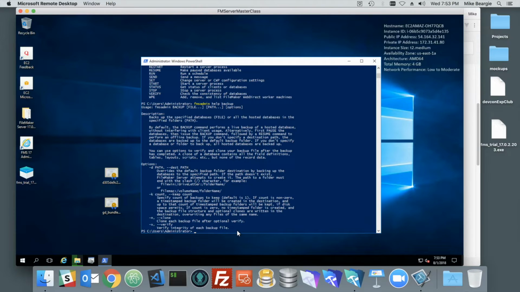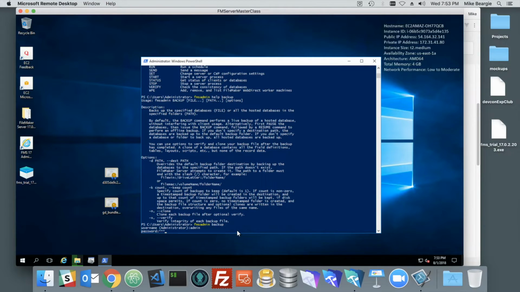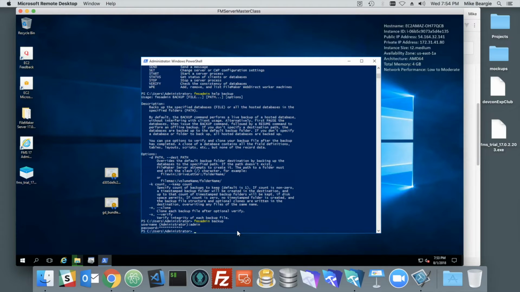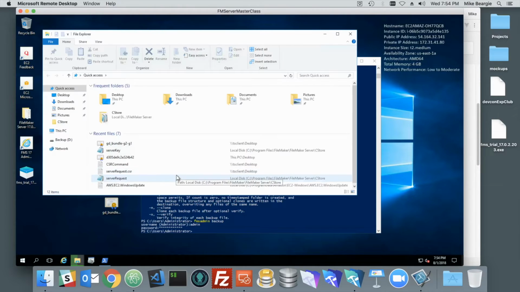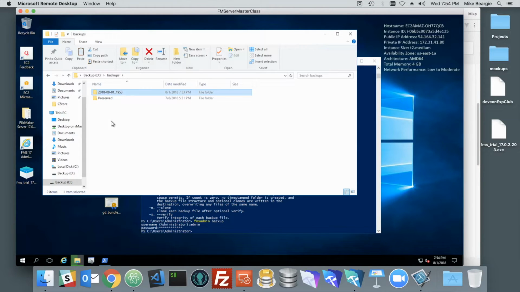So we can do just fmsadmin backup, username and password, and that should have generated a backup. We can verify that by actually going to our File Explorer, Backup, Backups, and here it is, August 1st at